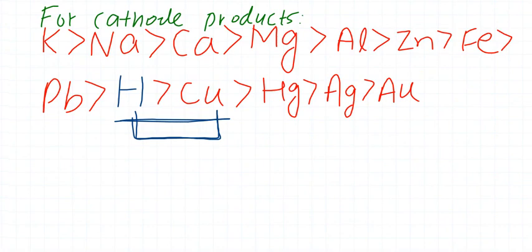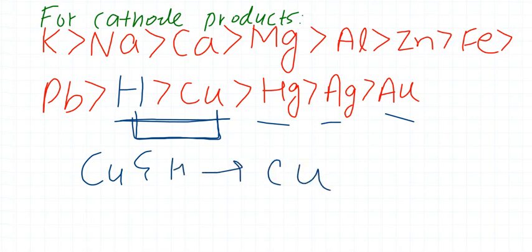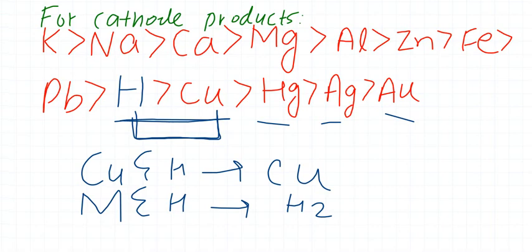And examiners usually do not ask about the metals silver, mercury and gold, because these are metals which are usually not discussed a lot in our syllabus. So the question will be either between copper and hydrogen or between hydrogen and the other metals. So the trick to remember is: if there is competition between copper and hydrogen, it will always be copper. And if it's any other metal and hydrogen, then it will always be hydrogen. This is how you can memorize this thing, and you can save your time in the paper to solve this question.